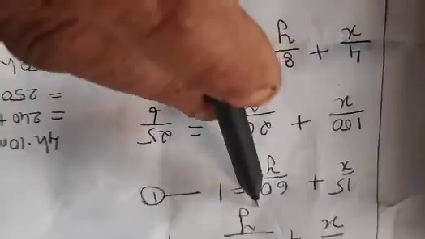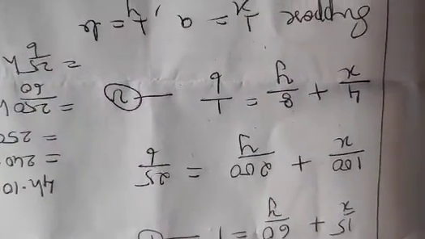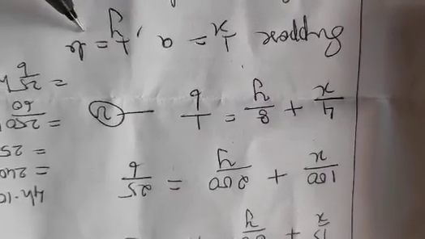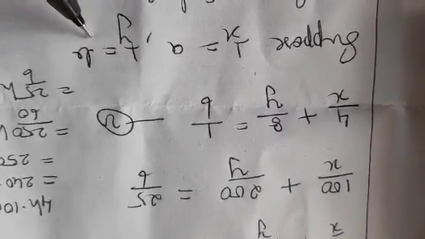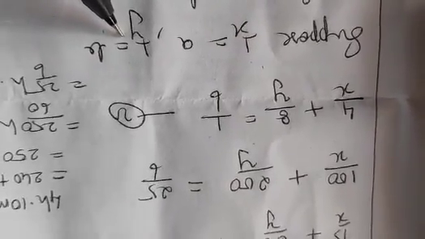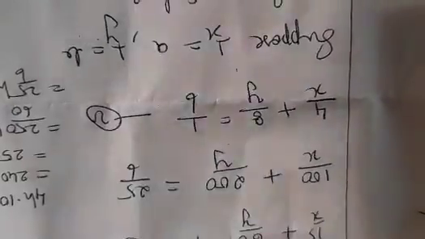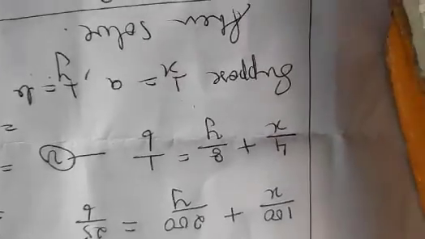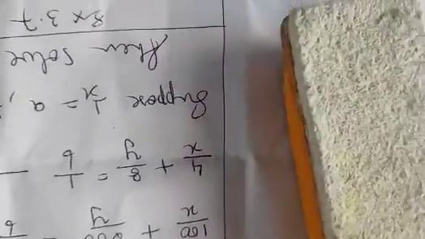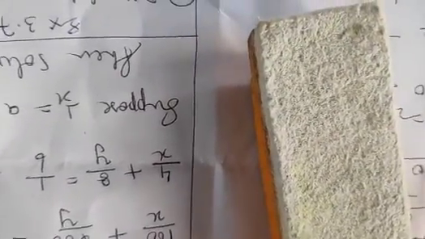2 equations are with you now. Suppose 1 upon x to be a and 1 upon y to be b, and solve as I have explained in 3.6 first time. Clear or not? Once you get a and b values, you will get x and y if you put in this part. So with that, 3.6 exercise problems are over. Now we move on to 3.7. Okay, 3.7 exercise actually is an optional one, but still I'll explain how the sums over here also.